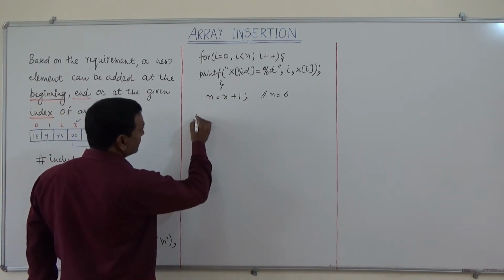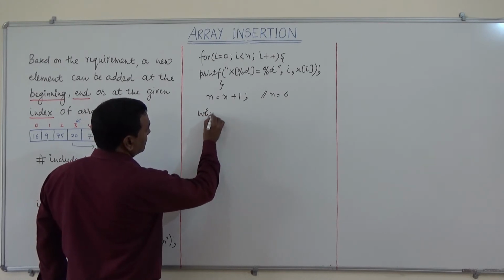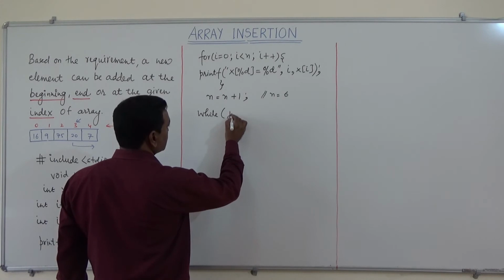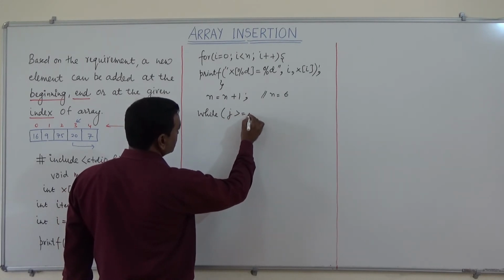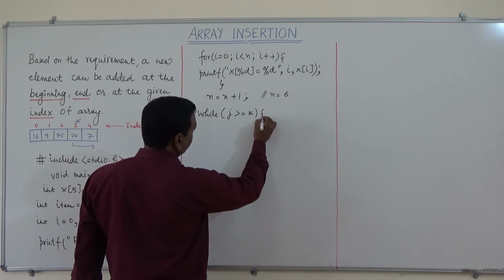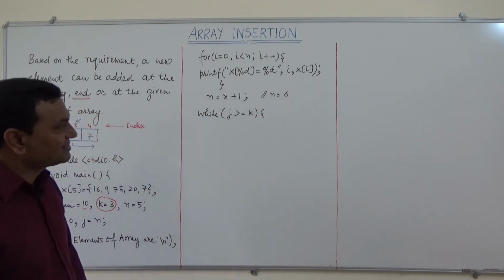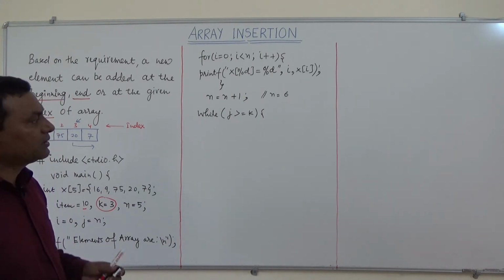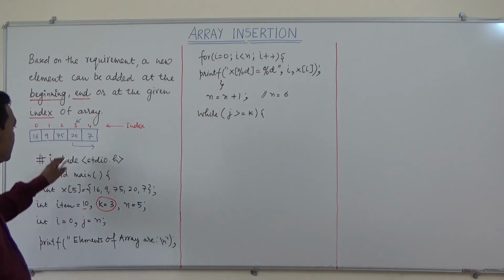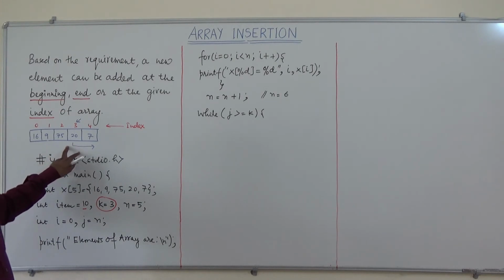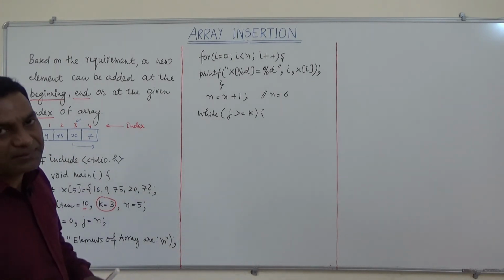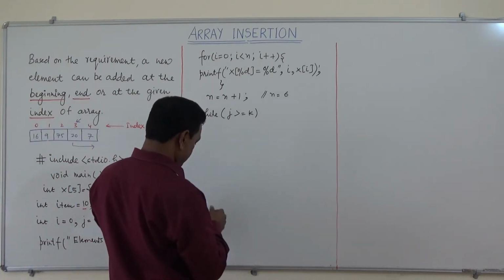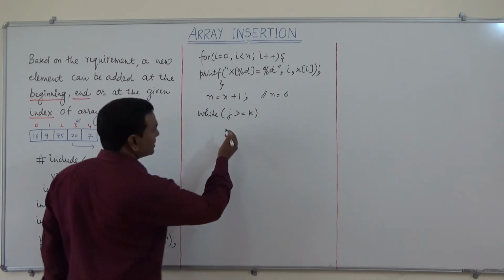Now further, while j is greater than equals to k. So this is the important concept of this program, because here what we are doing, we are creating an empty index here where we have to insert the value 10. So we can write j is greater than equals to k